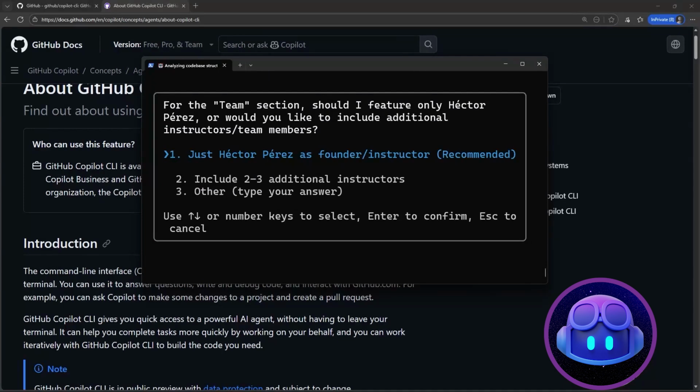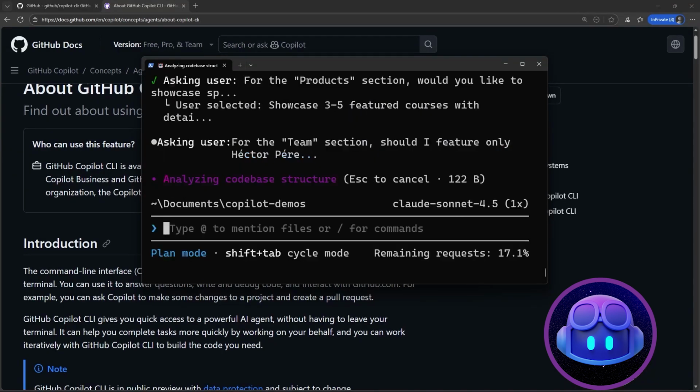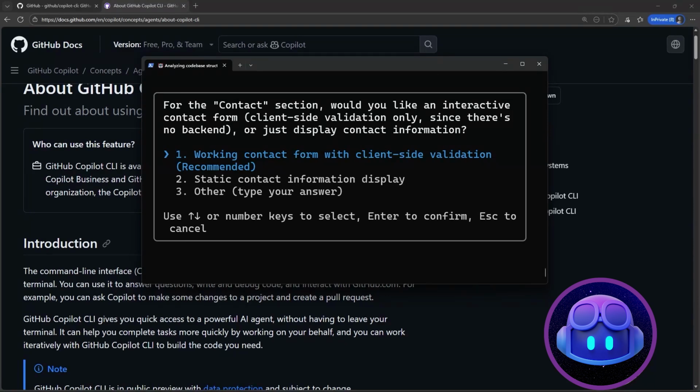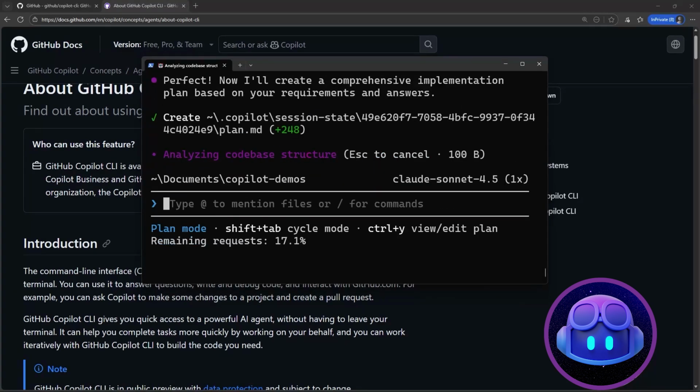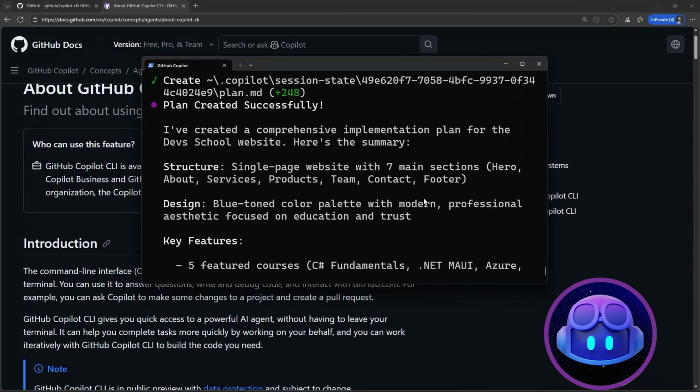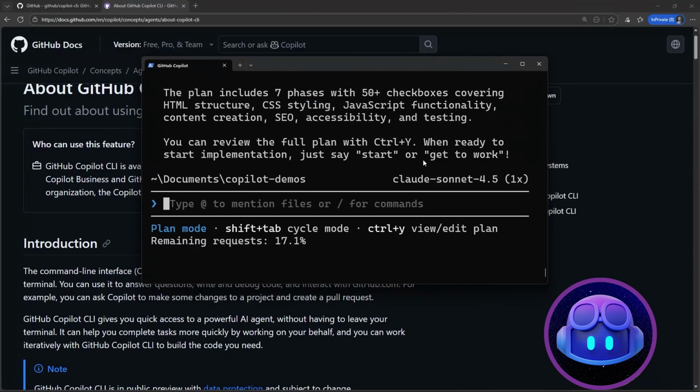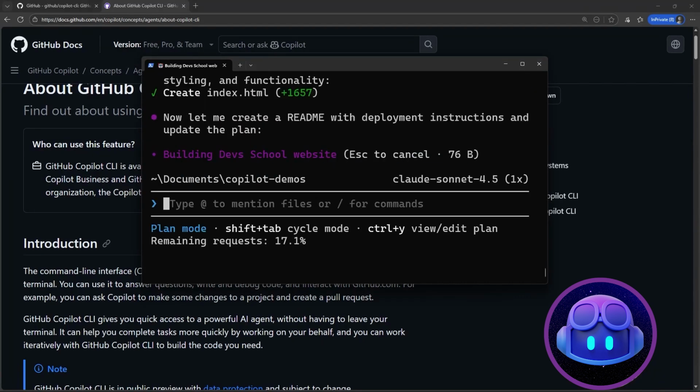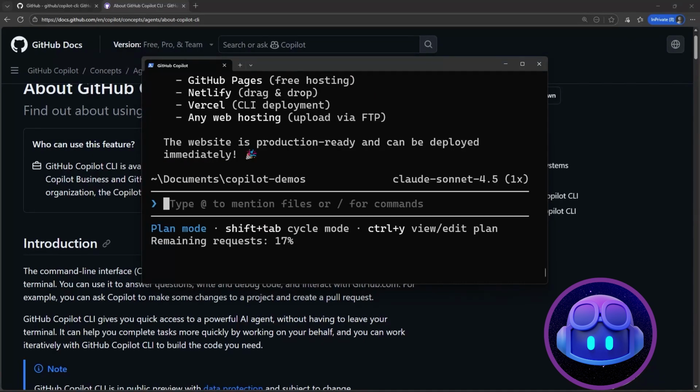Here it's asking me again, this time for a section called Team, and so on. So I'll keep filling in this information, and I'll speed up the video so you don't get bored. At some point, it's also asking me if I agree with the implementation plan. If we're okay with it, we say yes or tell it to start working. Okay, after waiting a few minutes, we can see it now tells us that the site is ready to be